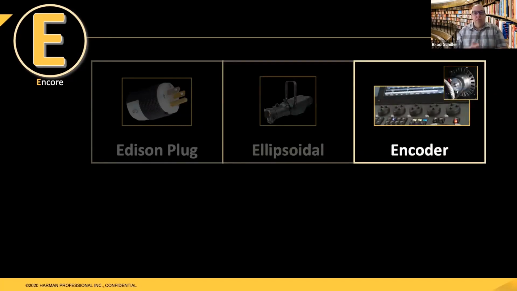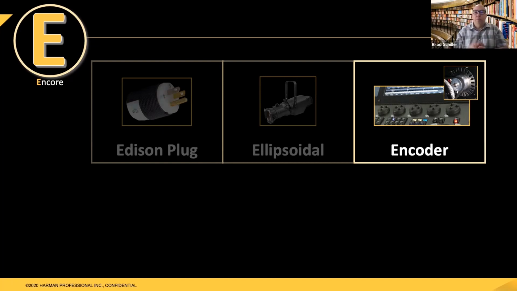Encoders are something that we find in two different avenues. So number one, if you're working on a lighting console, you'll have an encoder, which is a round knob on the console that allows you to change and dial different parameters or different functions of the desk. So you can reach up and touch that encoder and move it. And as you move it, it sends an electrical signal through the console and allows you to adjust, say, pan or tilt or intensity of whatever parameter that encoder is tied to. Alternately, it might adjust something on the screen. It might scroll the screen forward and backwards or up and down.